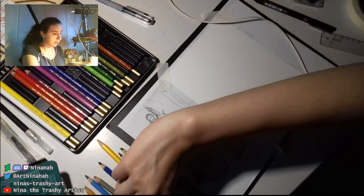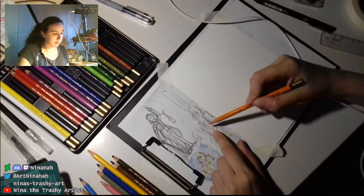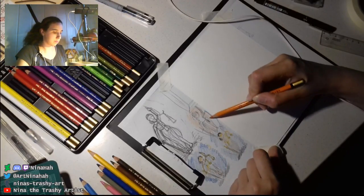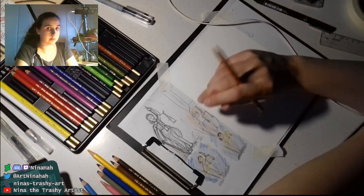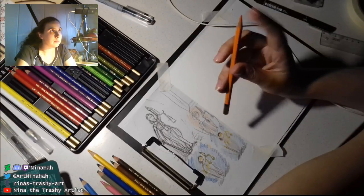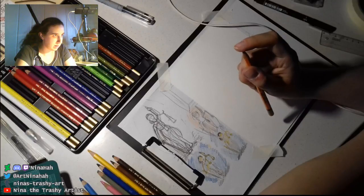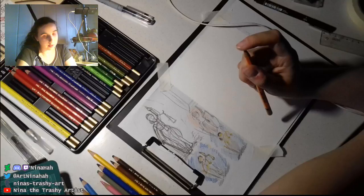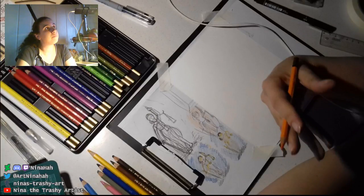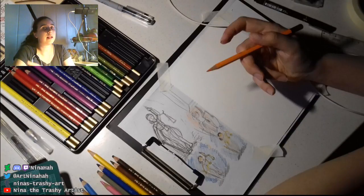And because of that I need to change the background to be more like sunset, but I don't know if it would look good. No, I see that it doesn't work that well. Also sunset and an orange sky make it a little bit more difficult to shade, because I wanted to shade it like it would be in the middle of the day, and an orange sky implies that it's like sunset, so